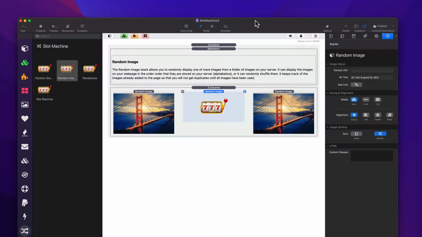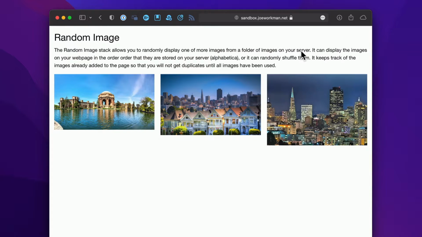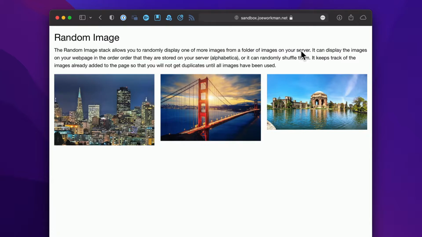So in this video, we're going to be looking at the random image stack. So here's a demo of the random image stack. And what you'll notice is that when I'm refreshing the page here, the images are changing. And this is because it's randomly picking a different image from a folder on my server and displaying that image